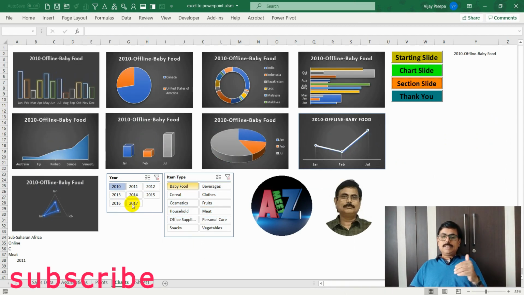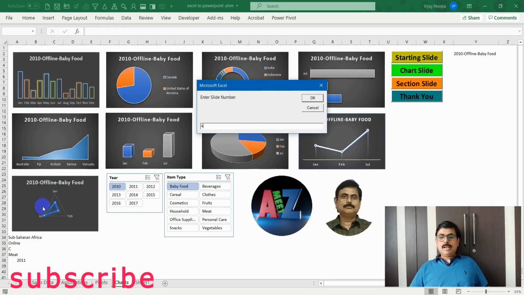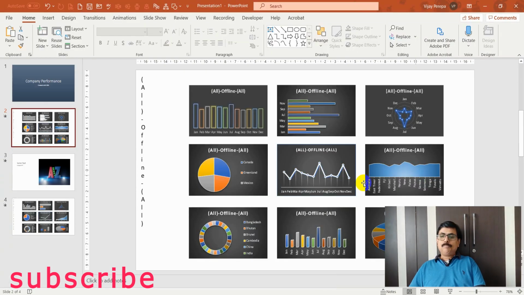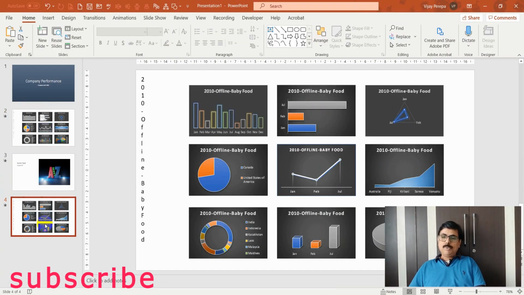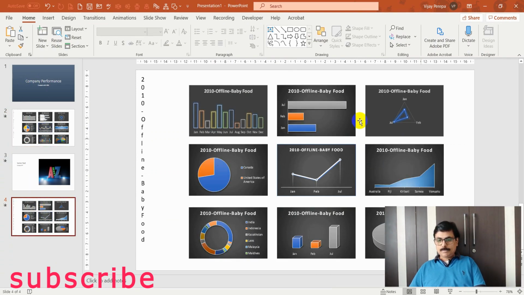Now this is the information I wanted to add to a different slide. Let me select chart slide, coming back to the PowerPoint, seeing the position, that is the 4th position, and press OK. Now it is working for a while and creating the complete slide with all the charts. Now this is a different picture, and the old one is as it is. The new one is with the different data points.